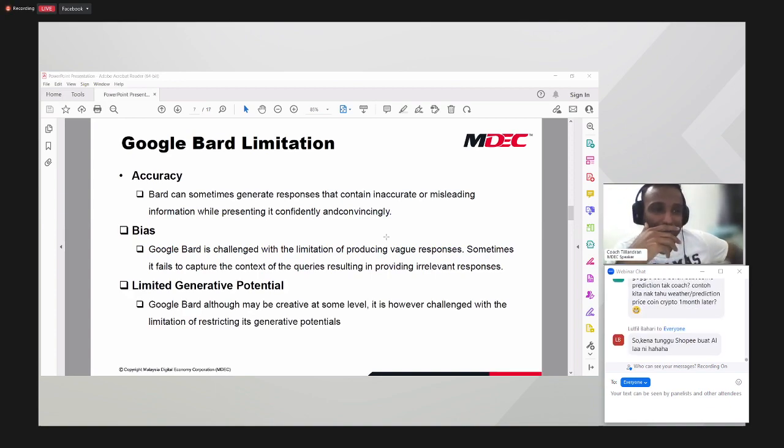There's a question from Lee Chi Kyong. Is Google Bard capable of identifying objects in images, or is it purely text based? Yeah, it can identify images. Chi Kyong, I'll show you the features of it. I missed your question because there are so many questions in the Q&A. Maybe you can just retype the question, that would be great.